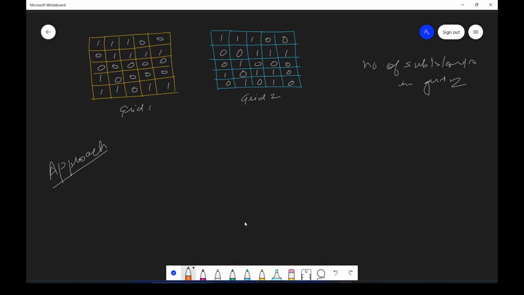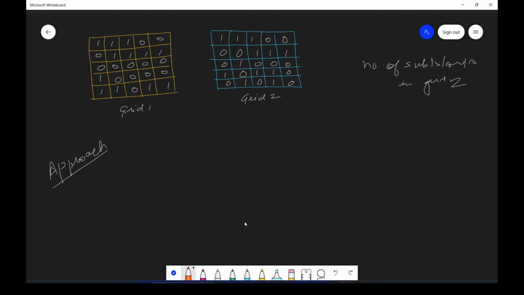Now see, what I will do is basically, since a sub island is what? It should have 1, right? Otherwise it will be water. So 0 is water, 1 is land. So if let's say I encounter a 1 here, and it's not 1 here in grid 1, it means that this cannot be a sub island, right?